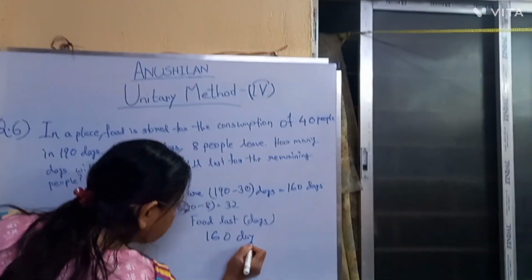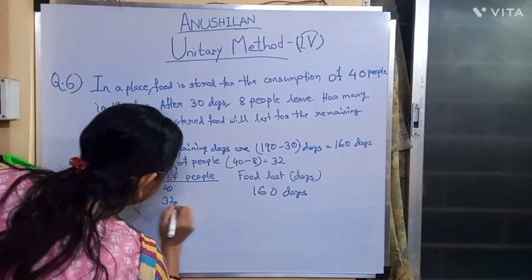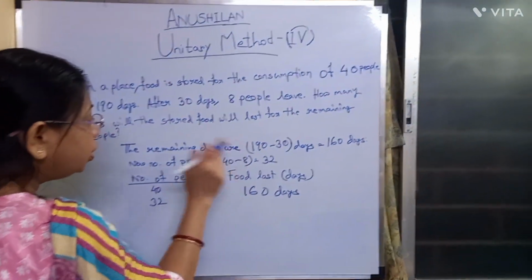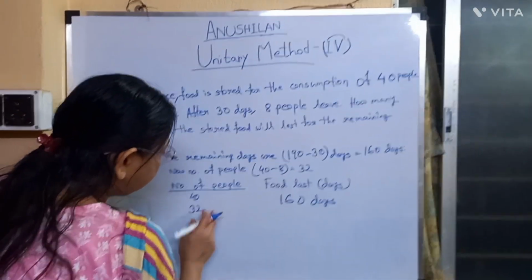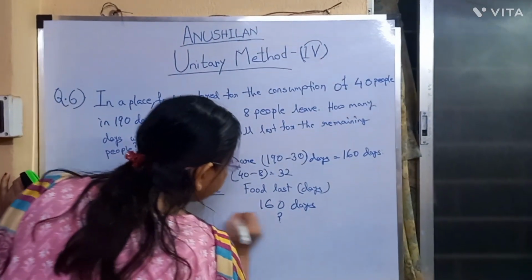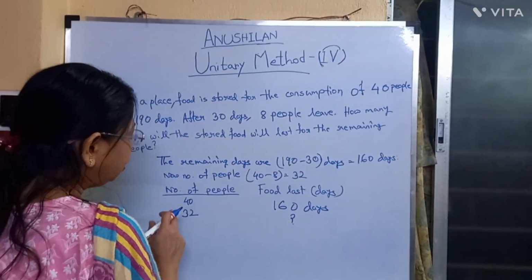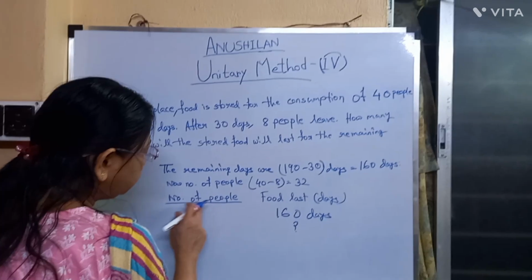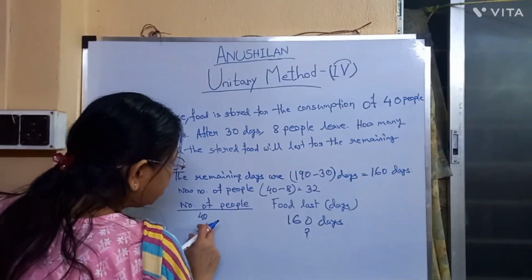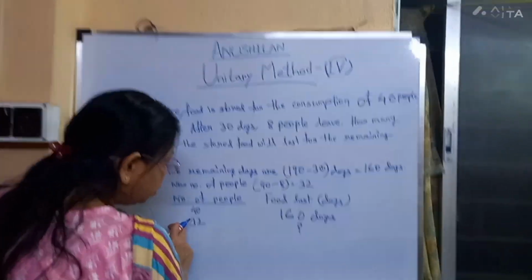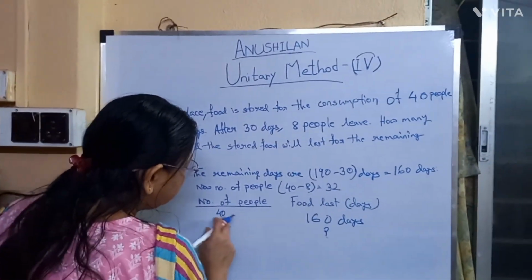The remaining food will last for 160 days. But now the number of people is 32. Then how many days will the food last if 32 people feed? I have to calculate. With the remaining food, if the 40 people feed, then it will last for 160 days. But now the number of people is 32. So with the remaining